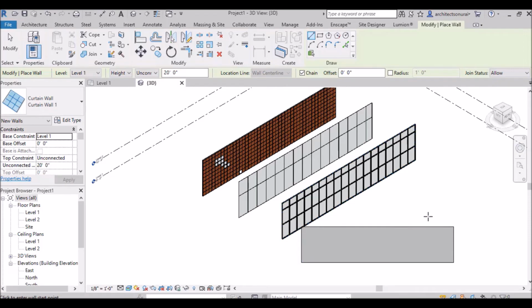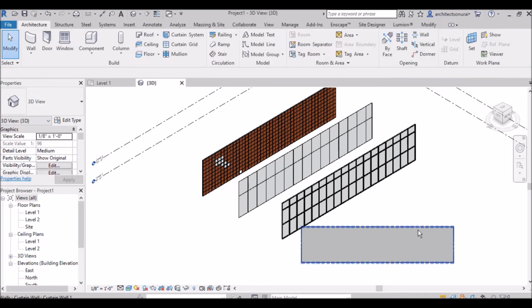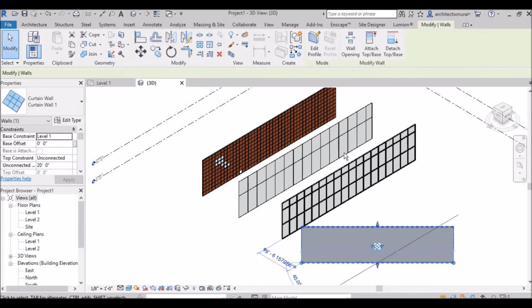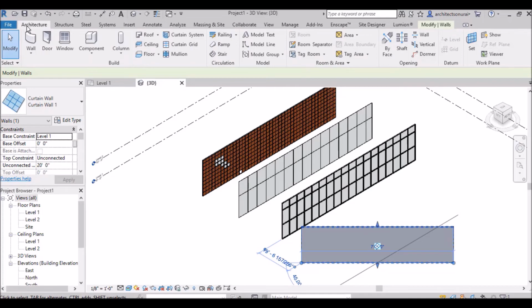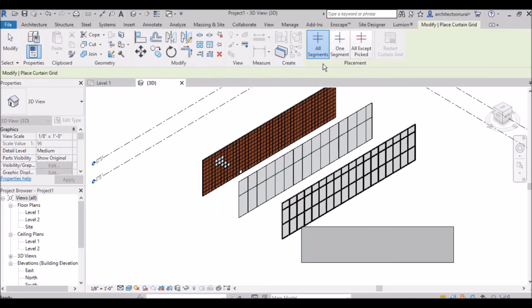tools and commands. So I am going to select this curtain wall, and you can make changes also by going to this Architecture tab, and this is for creating curtain grid and mullions in your curtain wall. And this is curtain system which we'll use in massing and site. If you make any massing and site, we'll use this curtain system, and I will show how you can use curtain system. And for creating curtain grid, you have to just select curtain grid, and